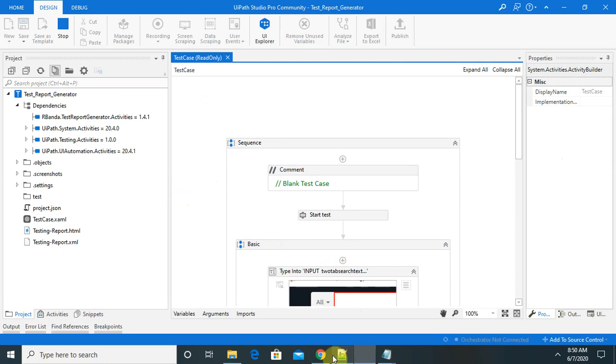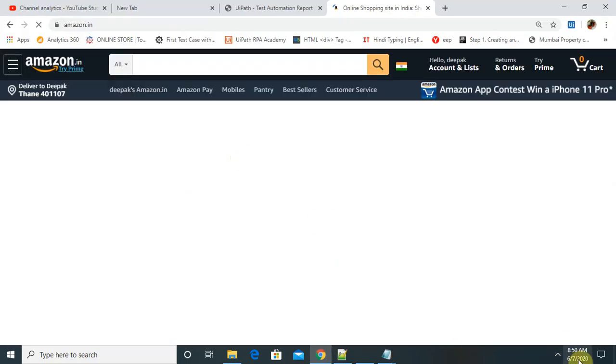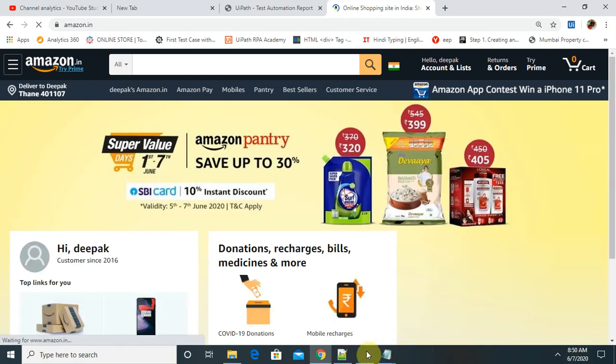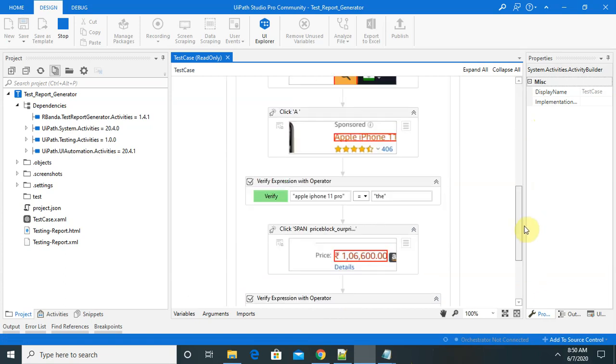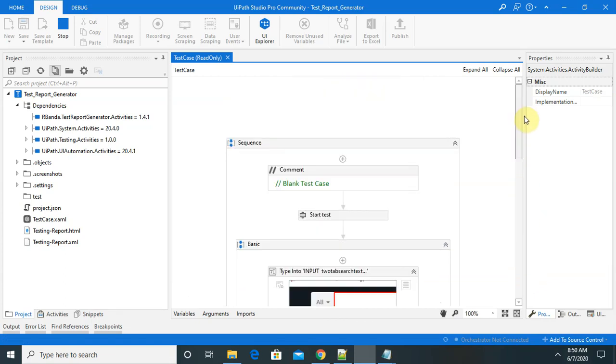It's taking some time. Let's wait for the complete execution. Then I will show you how to create that test report, or how to generate the test report at the time of execution.